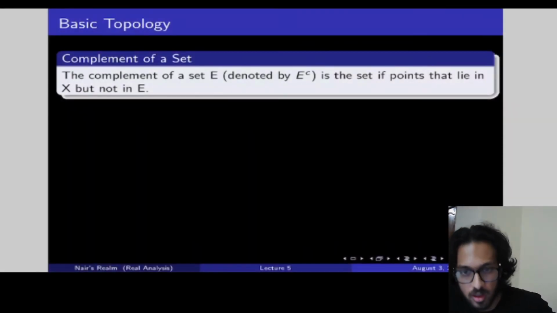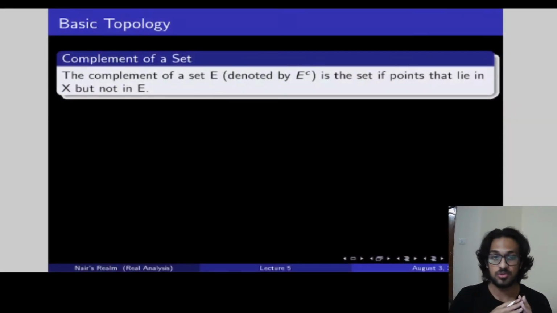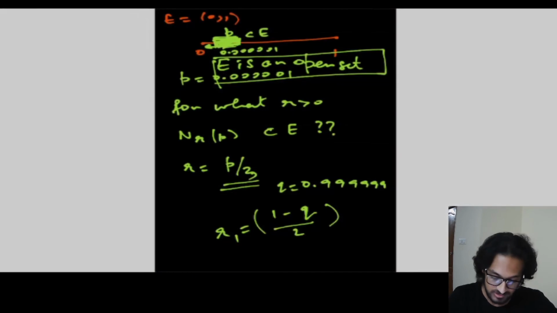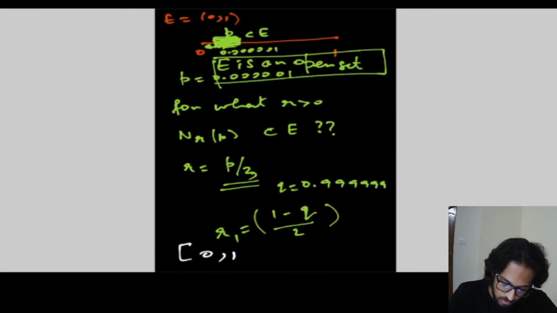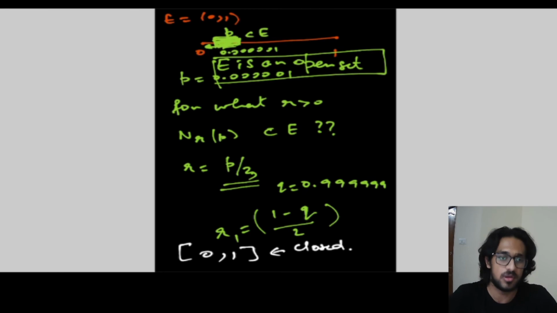Cool. I hope this clears the point as to how to check for limit points, how to check if a set is open, how to check if a set is closed. I've discussed that. Now, for the sake of an exercise, you can obviously check for yourself if this is an open set or a closed set. I'll tell you that it is closed, as most of us might already know, but try to prove it. Try to prove why it's a closed set.